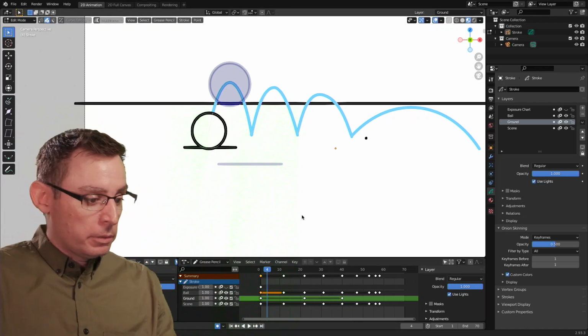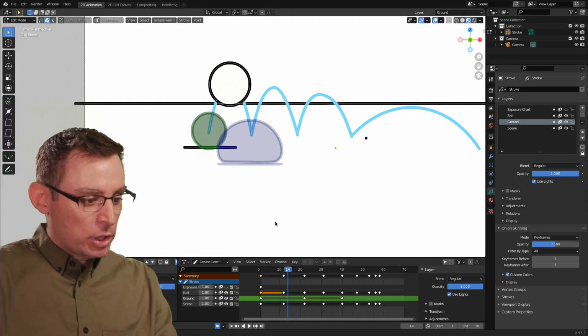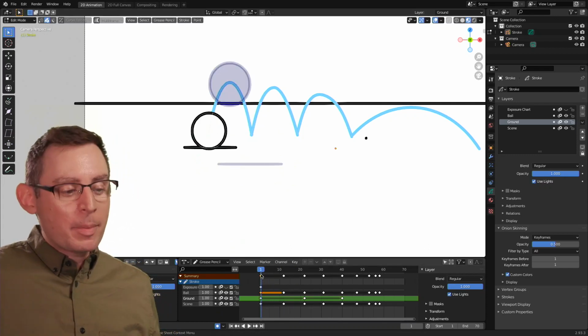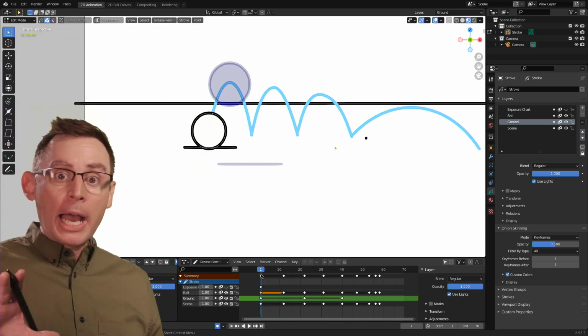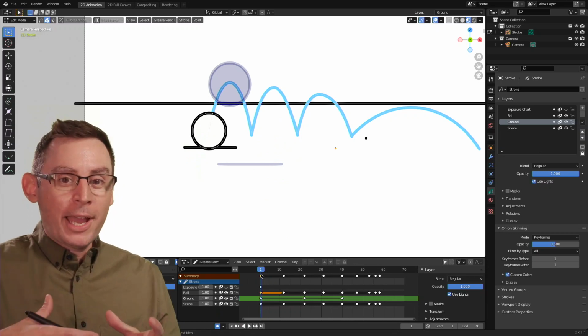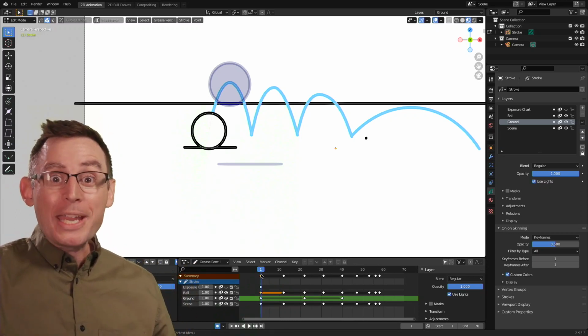So these little ground indicators are a fantastic way to help me quickly and accurately produce the squash that I'm looking for, okay? So the sense of weight is going to come from the squash and stretch. I'll let you explore how that squash and stretch can be applied to all the other animation frames, but give yourself some guides. Give yourself some help inside of the drawings to help you figure out how you want to deform your character to produce the best sense of weight in your animation.